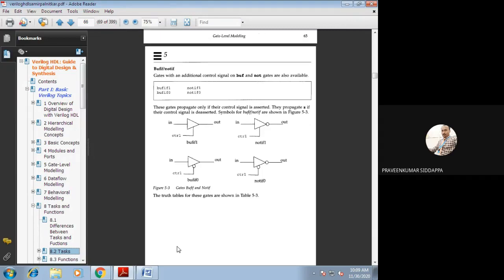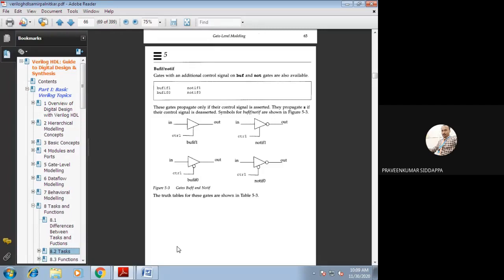Okay. Next, notif1. Notif1 is nothing but an inverter symbol. Whenever the control signal is 1, out is equal to the negation of in. That expression is executed. Next, notif0 is nothing but whenever the control signal is 0, out is equal to the negation of in. So these are what we call bufif and notif.